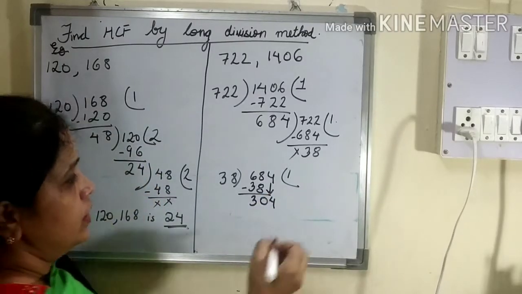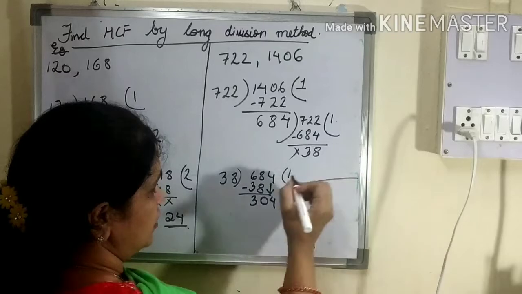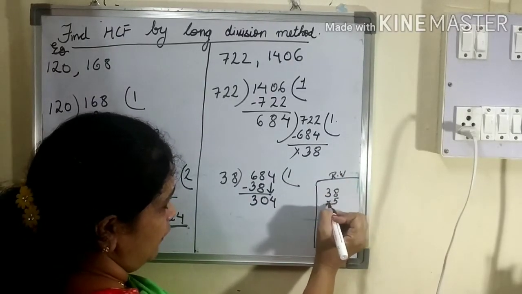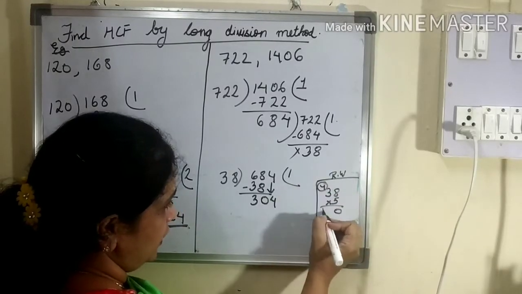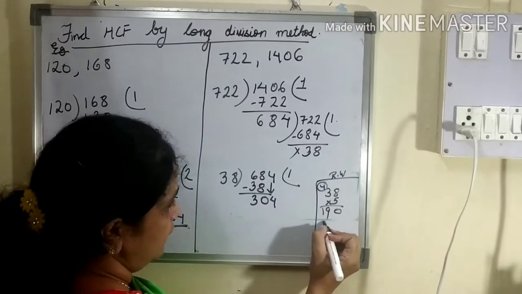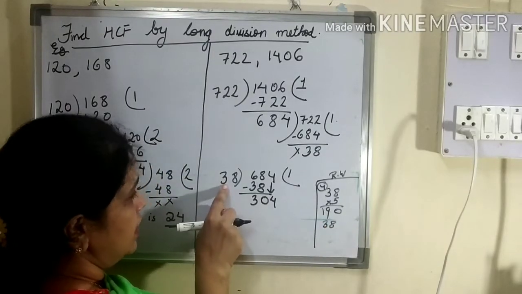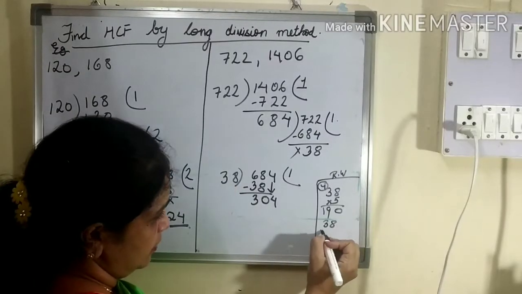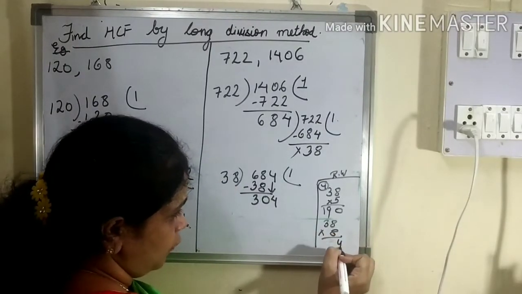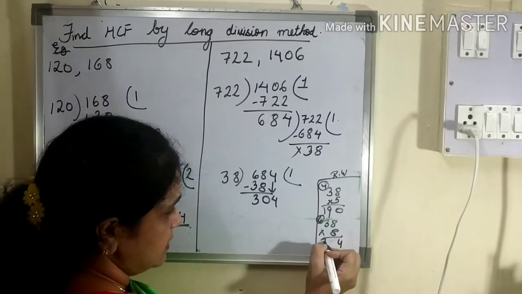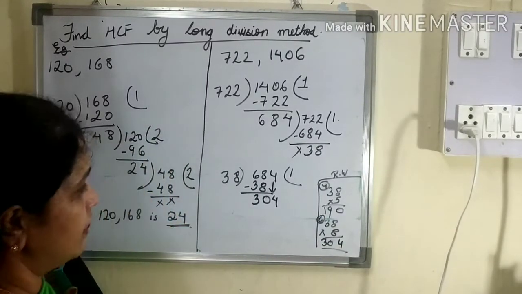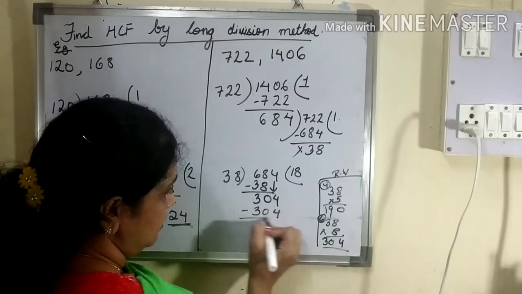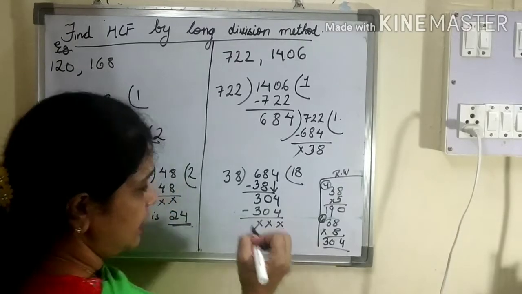Okay, now you can do the division multiplication in the rough column. 38 if I do by 5, 5 8s are 40, 5 3s are 15, plus 4, 19, it gives 190. Now, since I see the first number, 3 8s are 24, 3 9s, either it will go by 8 or it will go by 9. Let me try by 8. 8 8s are 64, 8 3s are 24, plus 6, 30. What did I get? I got 304. So it goes by 8, and what happened? It came 3044, and now no remainder is left.